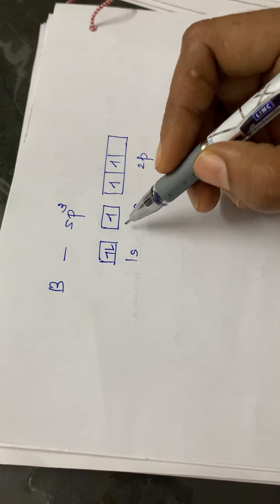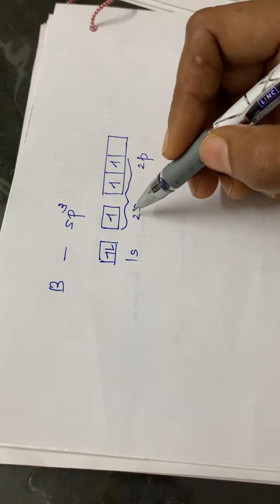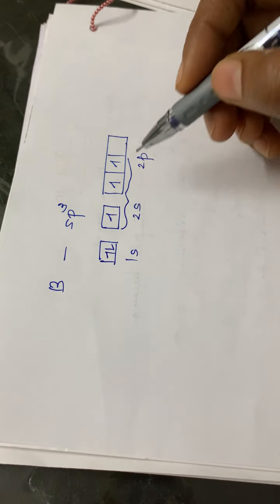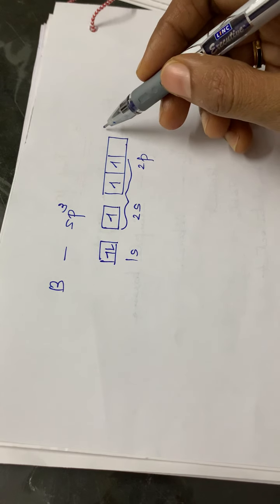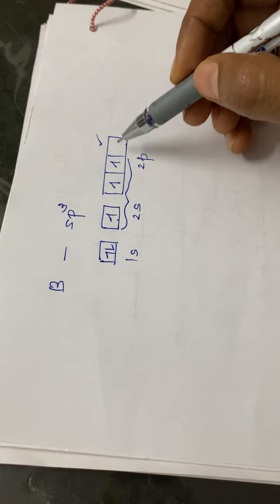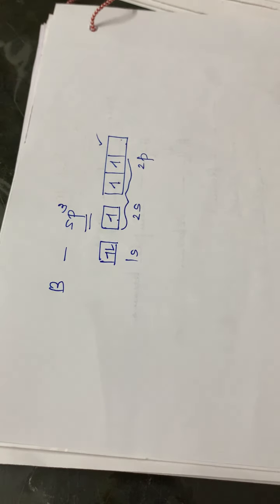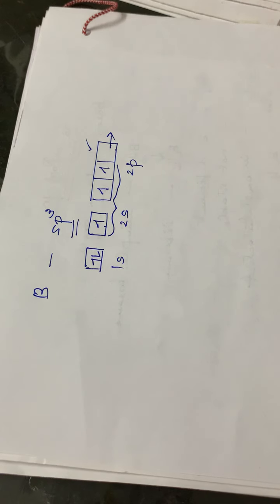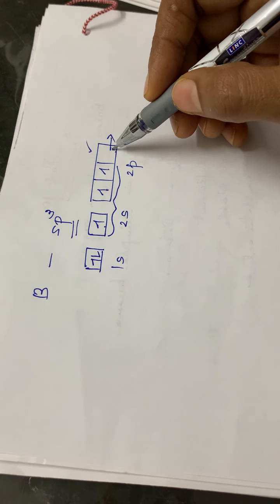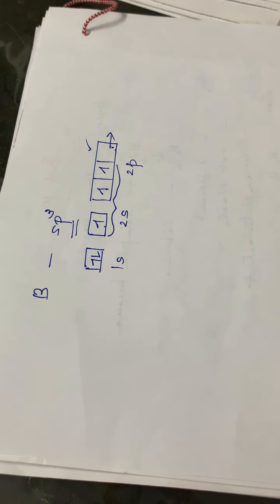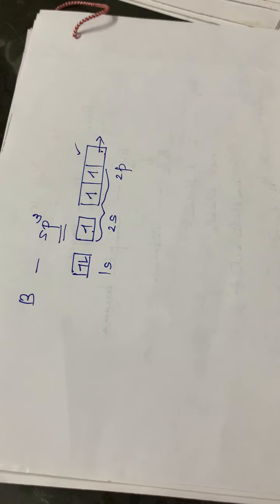So see how many half-filled orbitals are there? 3 half-filled orbitals are there. So these will be hybridizing together to form sp3 hybrid orbitals and one unhybridized orbital. Okay, so in total 1, 2, 3, 4, isn't it? So total 4 sp3 hybrid orbitals are there, and one of them will be electron deficient. So this is the electron deficient unhybridized orbital. Okay. So an sp3 hybrid orbital will be there.